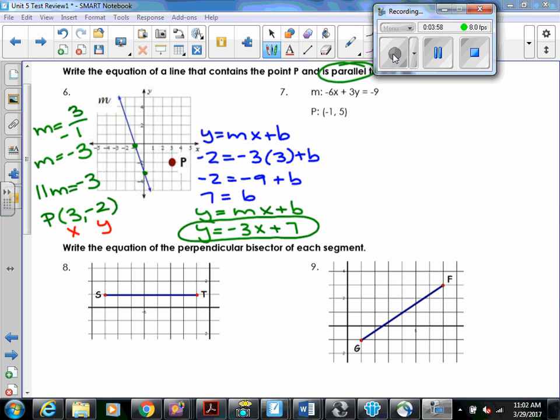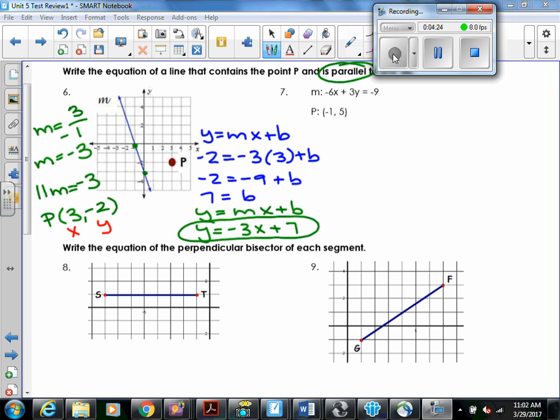Okay, for number 7, they've given us the equation -6x plus 3y equals -9. And then our point is -1, 5. So the first thing we need to do here is figure out the slope for the line that they've already given us. So we have to take this equation,